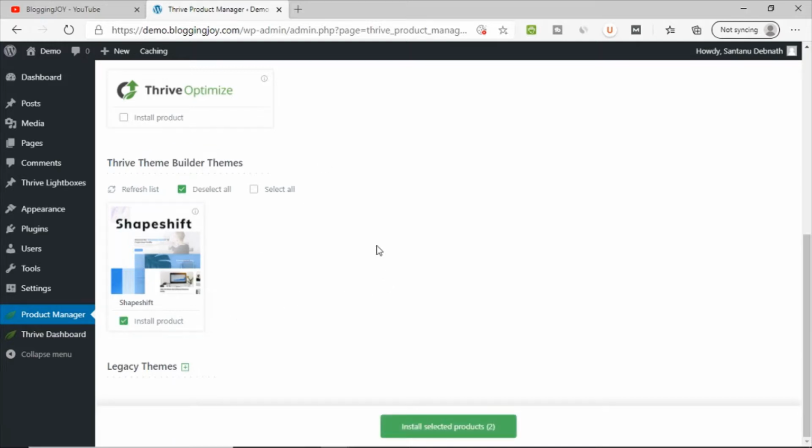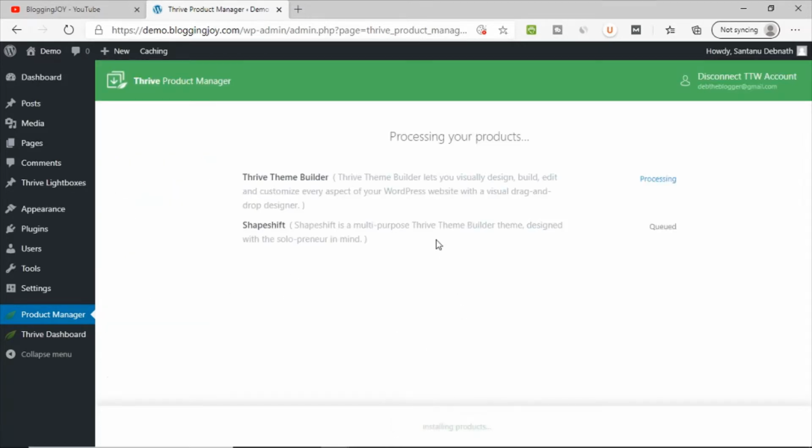You can see two products were selected: one is the theme builder, and the other is the Shapeshift theme, which is the default theme of Thrive Theme Builder. Right now they have only one theme with Thrive Theme Builder. Maybe in future they can create more such child themes so that we can quickly use them and create a unique website. Now we can install the selected products. You can see that Thrive Theme Builder and the Shapeshift theme are both going to install simultaneously.